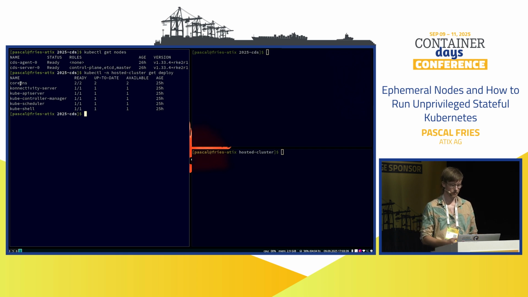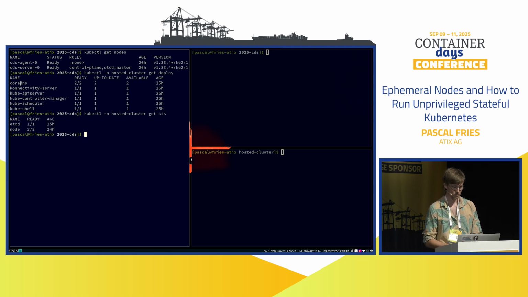This API server also is connected with pods that are actually hosting etcd and our nodes. Right? We have a stateful set that's hosting the nodes. So kubelet itself will be running in these node pods. kubectl -n hosted cluster get pod node-0 -o json, let's see,